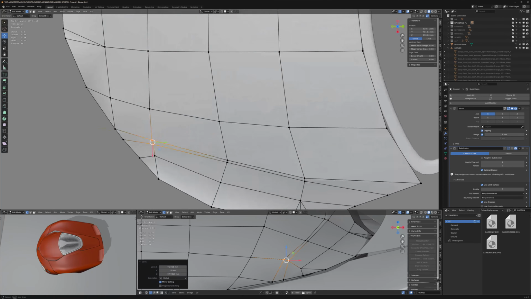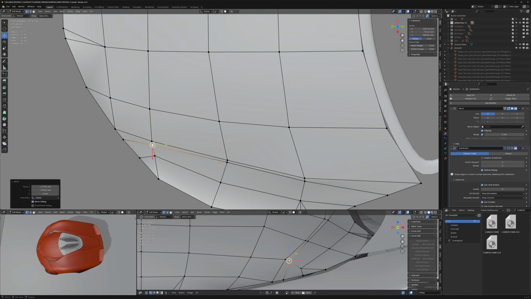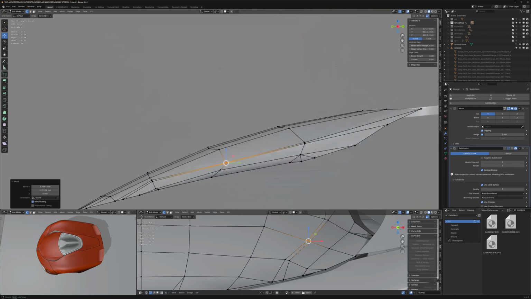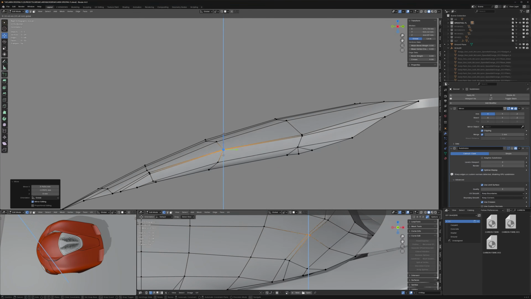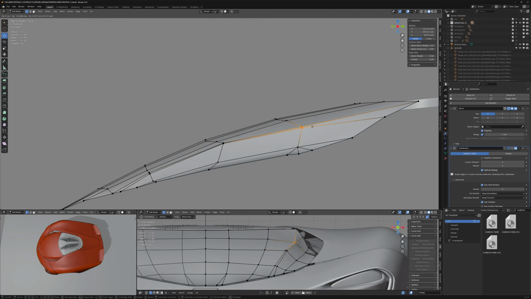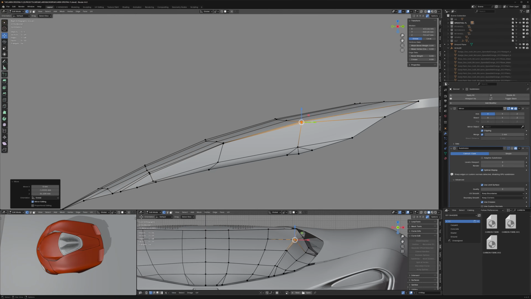Does that one want to be doing that? Yeah, it does, doesn't it? Okay, so I've just pulled that out a little bit, and this one out as well, and then in side view, there we go. Okay, so we've got the taper, looks like it's getting a little bit wider towards the bottom